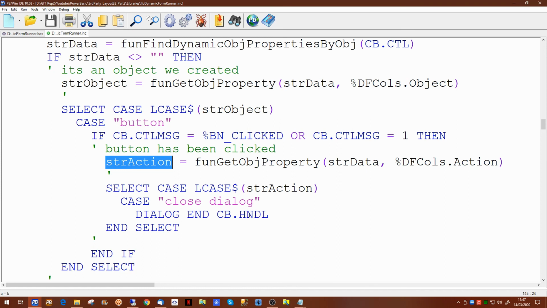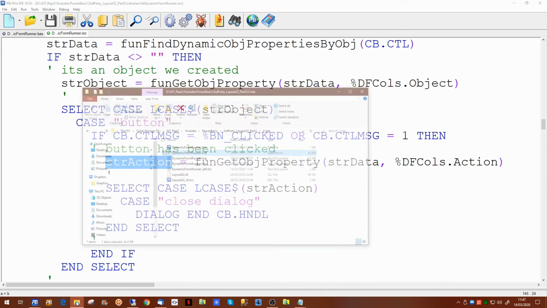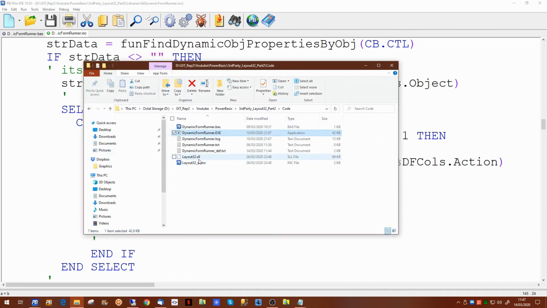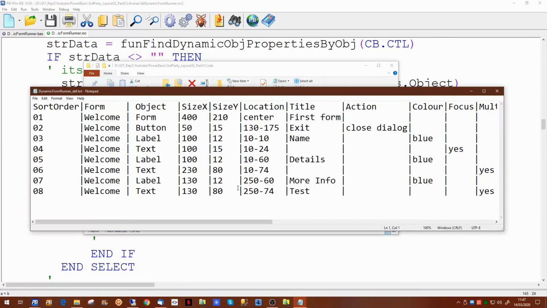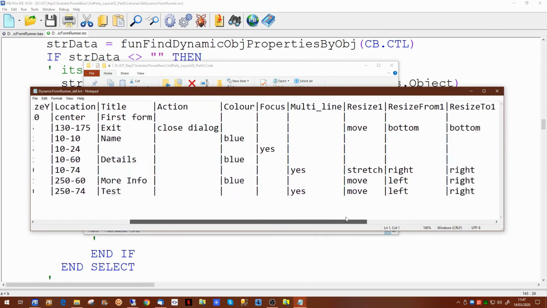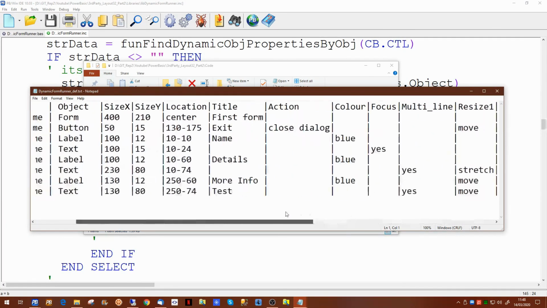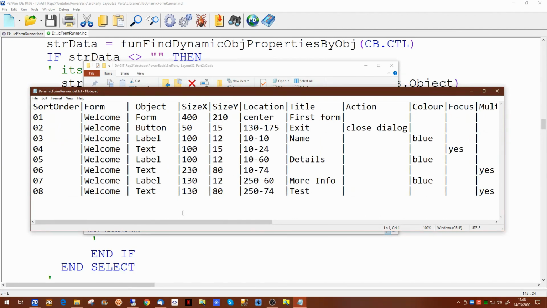Now obviously, as you'll realise, if we want to do something more complex than just close the dialog, for example to gather the information that's on all the objects on the screen, for example pick up the data that's put into the text boxes and do something with it, this will involve writing additional code. But for the moment, this is a nice demonstration of what you can do with the Layout32 library to dynamically create a dialog. There's much more we can do with the Layout32 libraries, and there's a great deal more we can do with dynamic